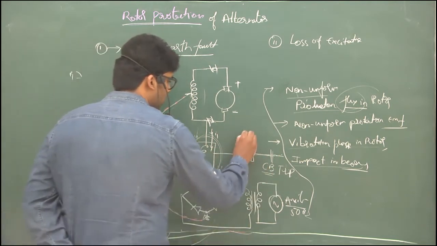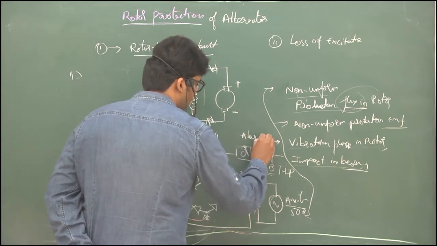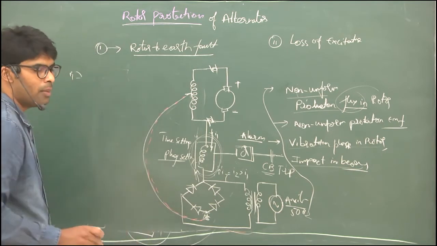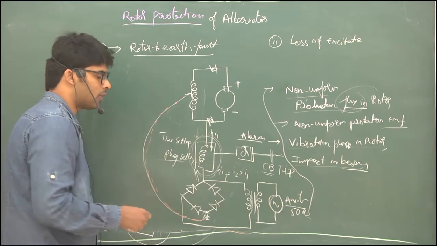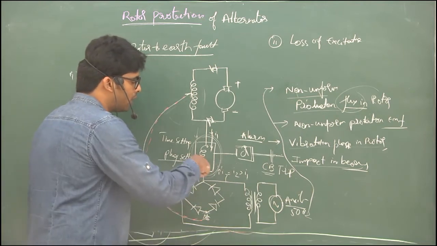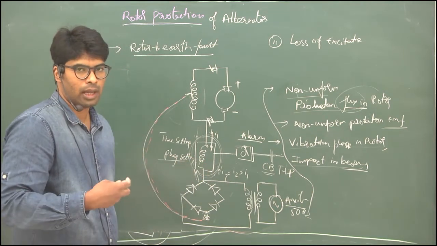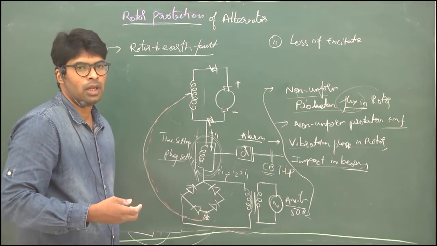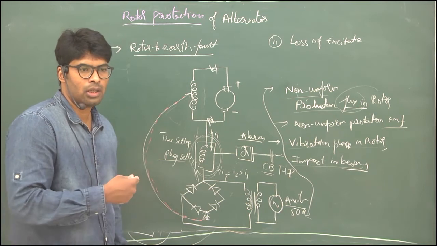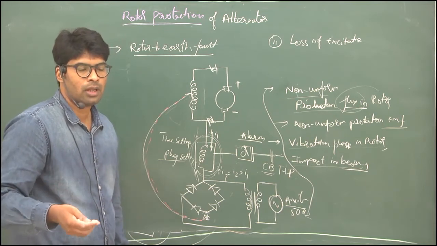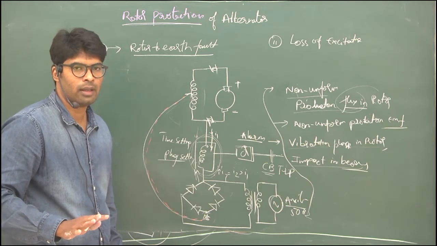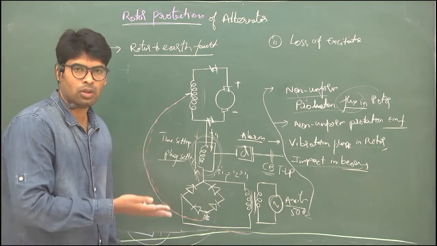Now another thing is, we have an alarm here. Why do we use an alarm, why use a setting time, why use a plug setting? There may be a phase to earth fault for a few milliseconds. If the relay operates for such a brief fault, it causes economic loss to our alternator, because it will not give a continuous supply to the system. If the fault occurs and is immediately rectified, it is fine. Only if it is sustained do we need to operate.